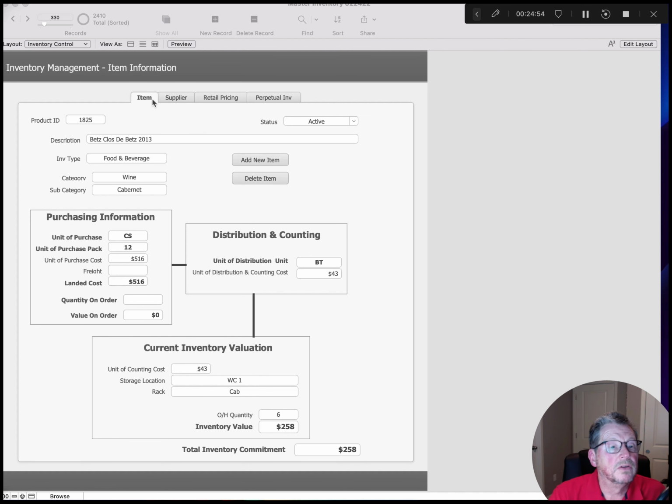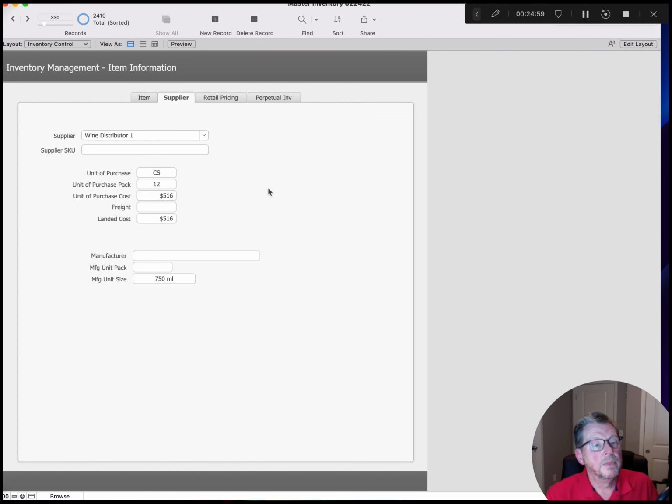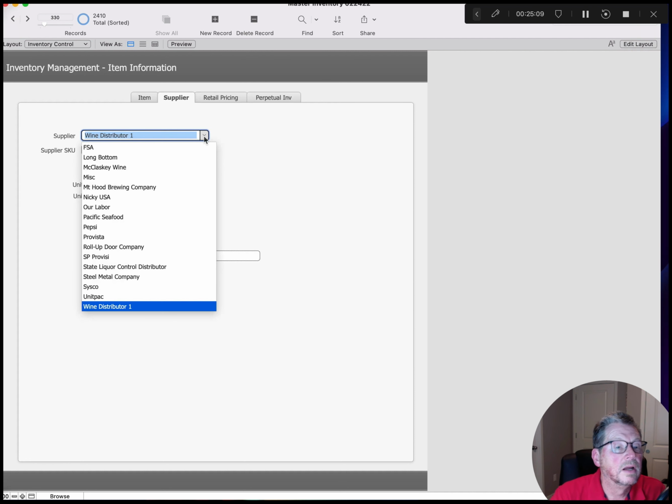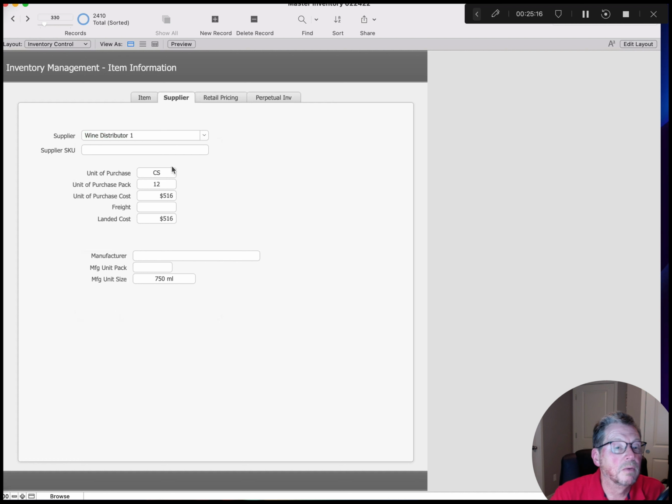These are tabs up here at the very top. So in this particular case, I'm clicking on the supplier tab, and I don't have this particular database set up to where you can have multiple suppliers on here. You can choose one supplier, and by a click down button, these are existing suppliers that I have in this particular database. You can choose from those, and that will change that. This SKU would be tied to this particular supplier, and then this case pack,